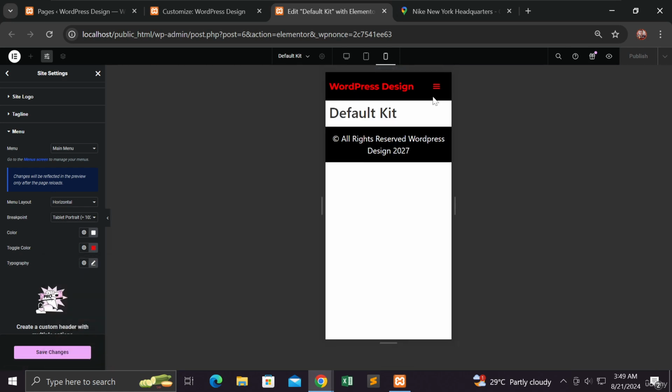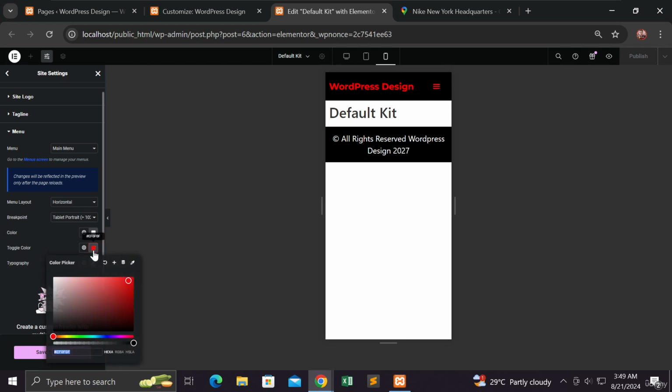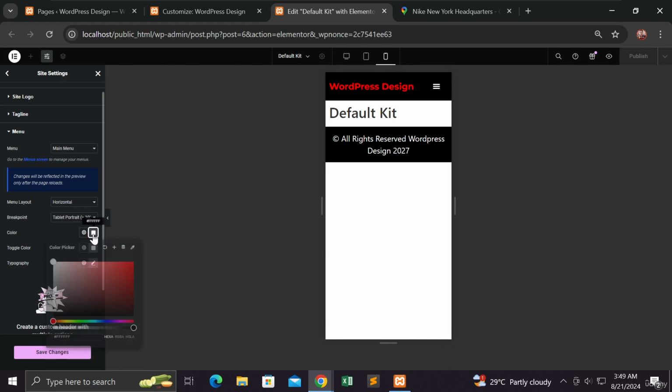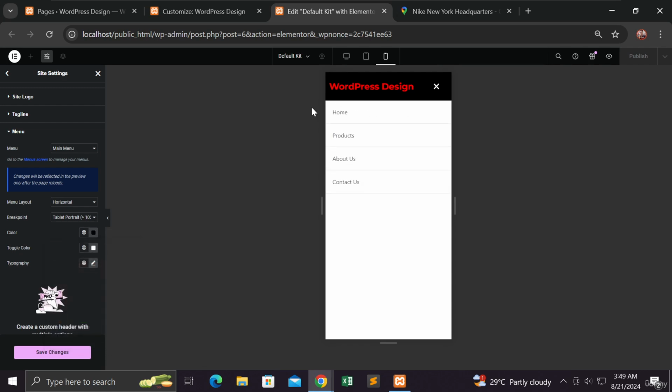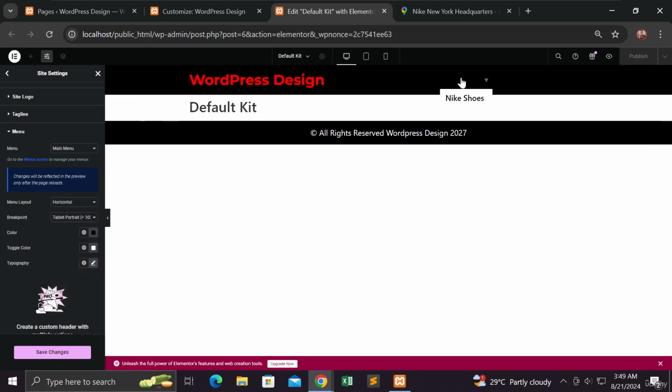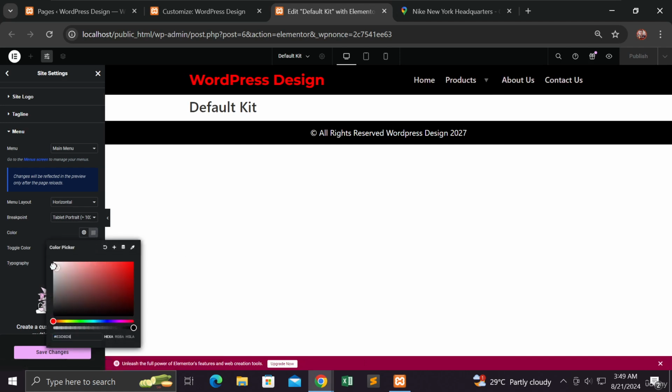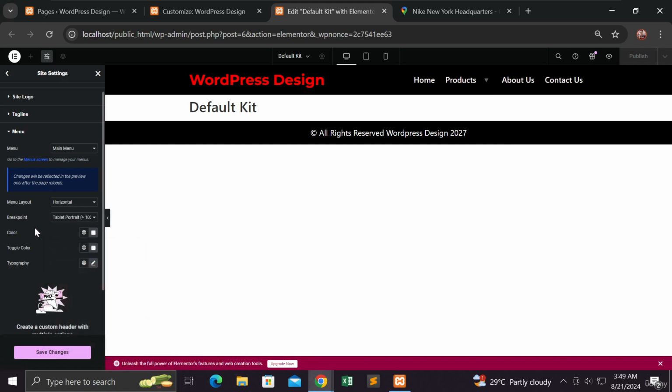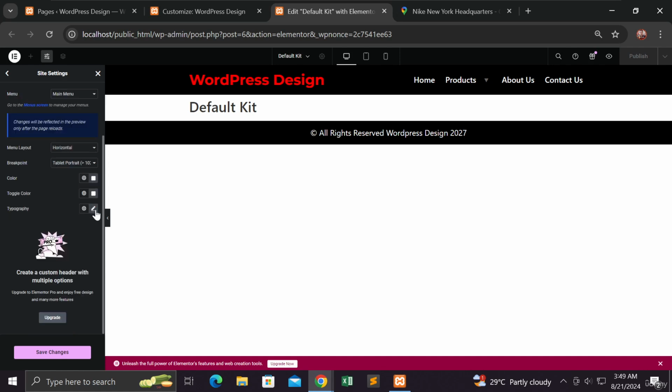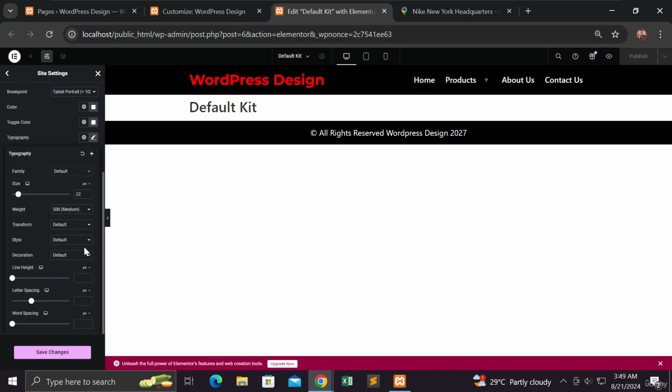So here we have the red color, so we have to change that again to white, and then this one is the font, probably the font color. Okay, so let's head back to, so that's the entire font color. Okay, so main menu, family transform. So there are no other options in regards to changing the drop down,